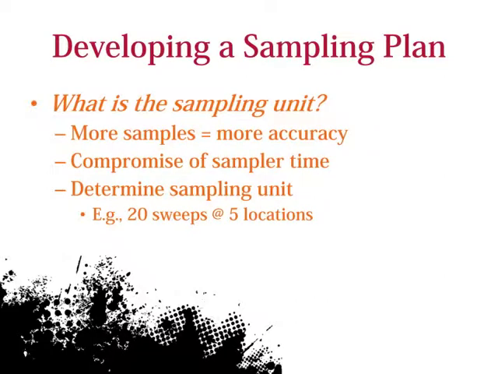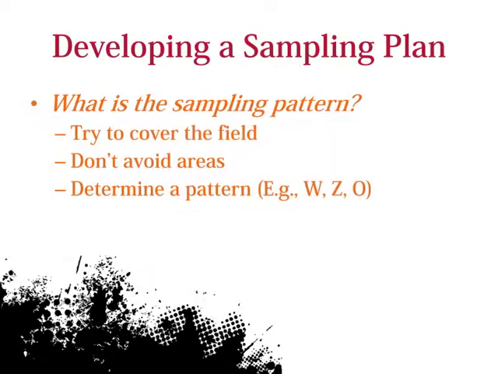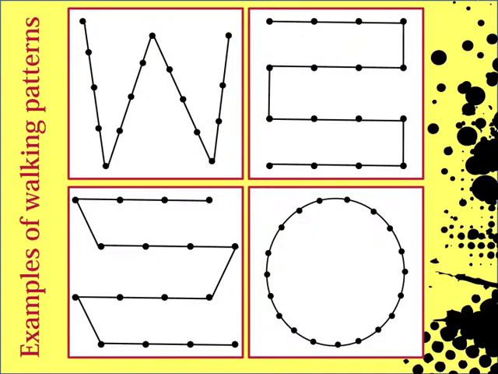Also, spend some time determining the sampling unit. Taking more samples will result in a more accurate estimation of density, but time is often the limiting factor. So in most cases, a sampling unit is predetermined by the sampler. Lastly, choose a spatial pattern for your sample before you enter the field. Try to cover the entire field with the time you have. Here are some examples of common walking paths in soybean, including a W, Z, or 0 to ensure coverage of